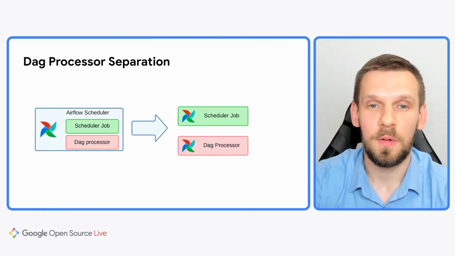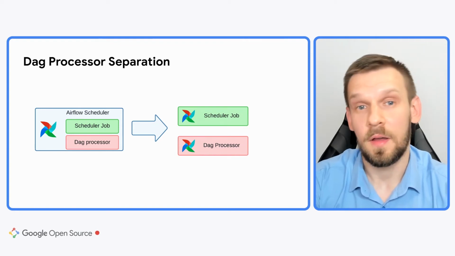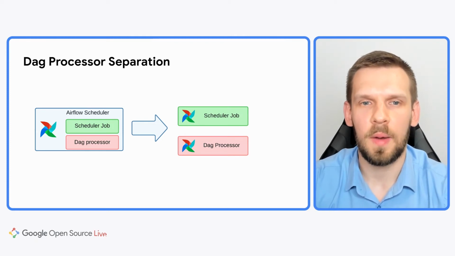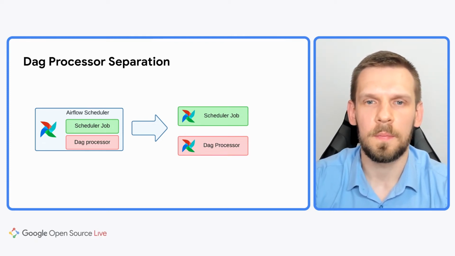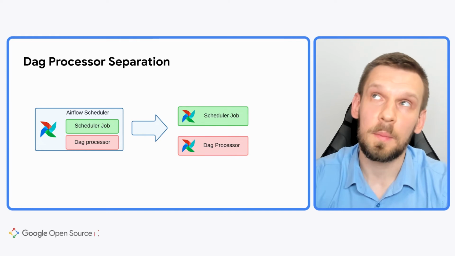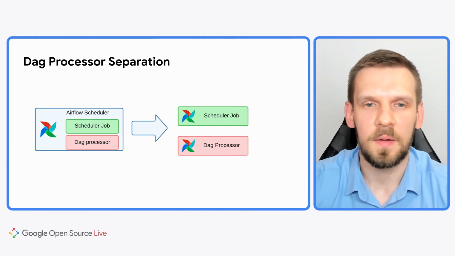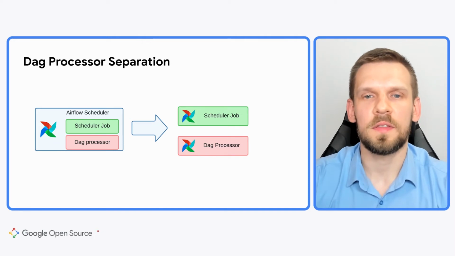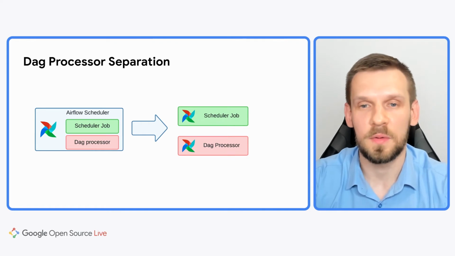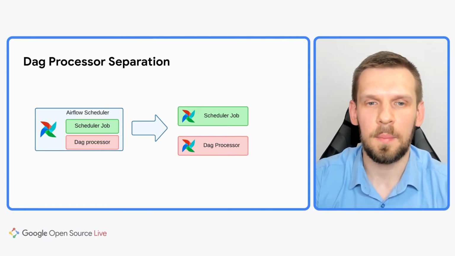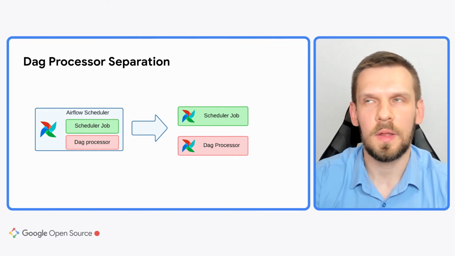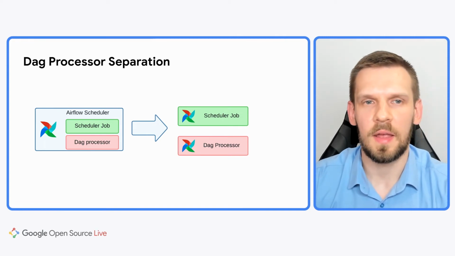Even though the change looks simple, it requires some refactoring. For example, the scheduler job and DAG processor exchange information about callbacks through a multiprocessing pipe. Callbacks are just some functions defined by the users, which should be executed on some conditions, for example, DAG or task failure. Of course, when the scheduler and DAG processor are executed on different hosts, then a multiprocessing pipe cannot be used. Instead, we decided to use the database as our queue for callbacks, with one component writing them to the new table and the other reading and executing.